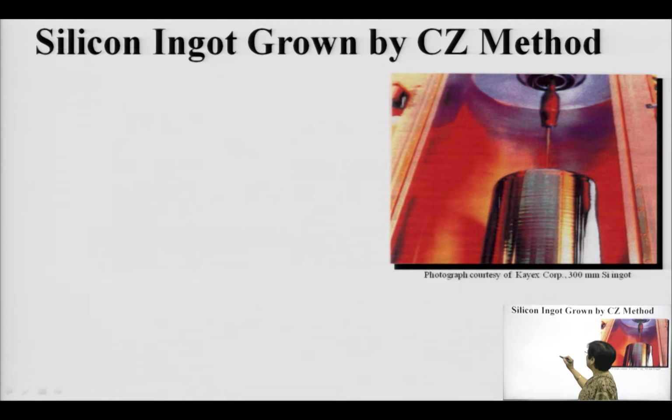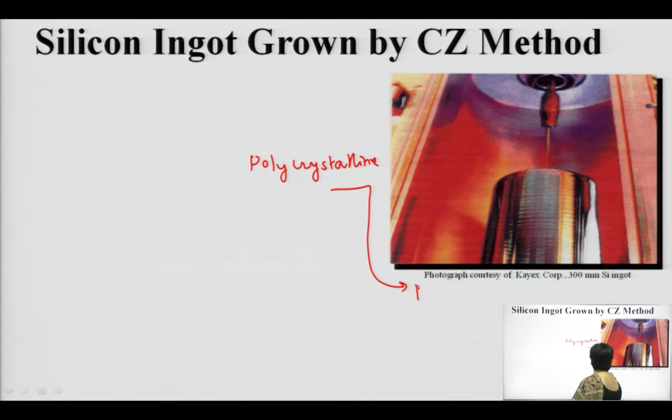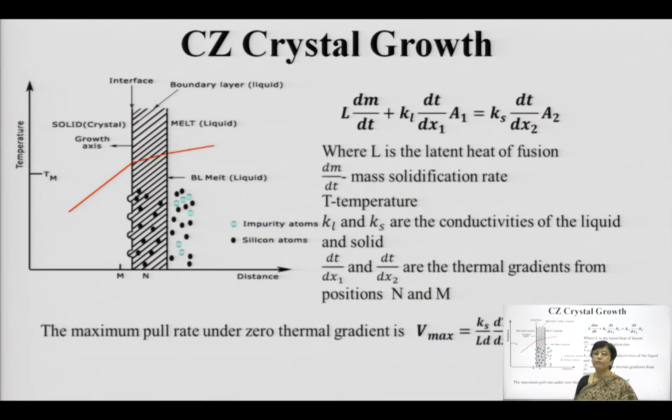So, from polycrystalline silicon you have gone for a pure single crystal silicon wafer. This is the single crystal silicon wafer, so you have gone for monocrystalline. What is the mathematics going on behind it? As an engineer you must know what is happening in it, what exactly the process is.